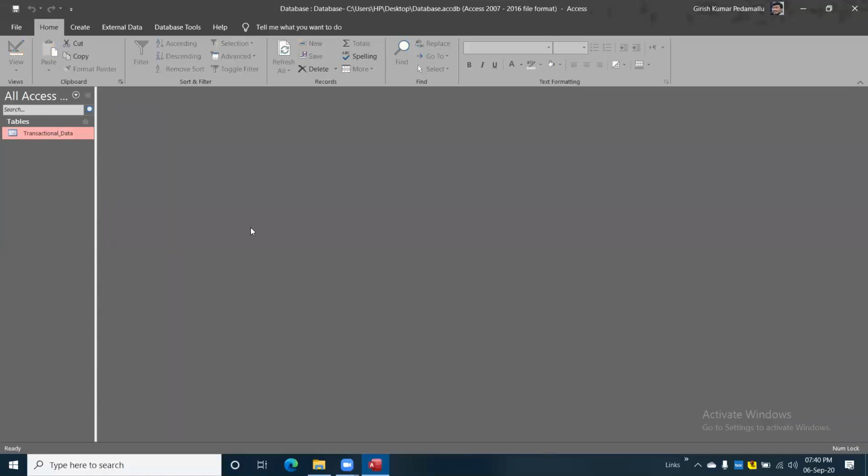Sir, one quick question. Actually, I have not come across more than 10 lakh rows. I'm not sure if it is possible, but I think in Power Query we can handle more than 10 lakh rows, right? Correct, yes, we can. So what is the difference?